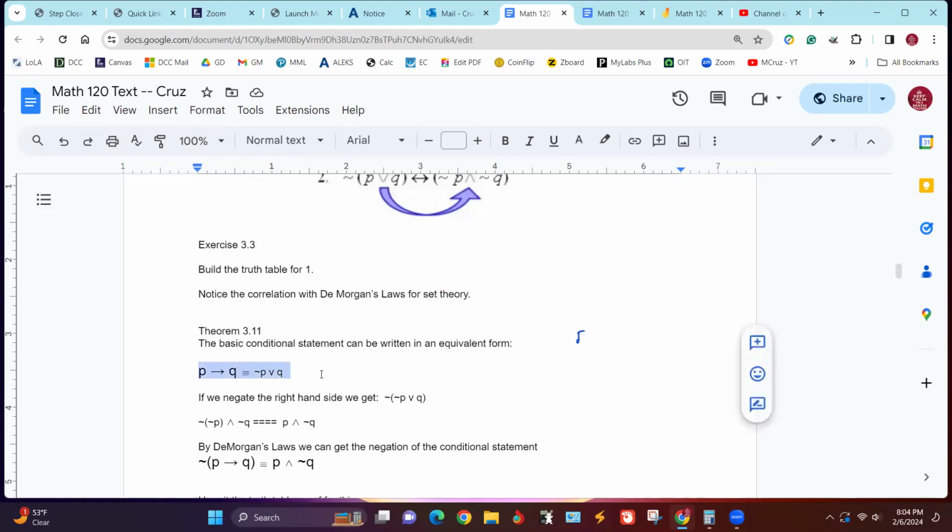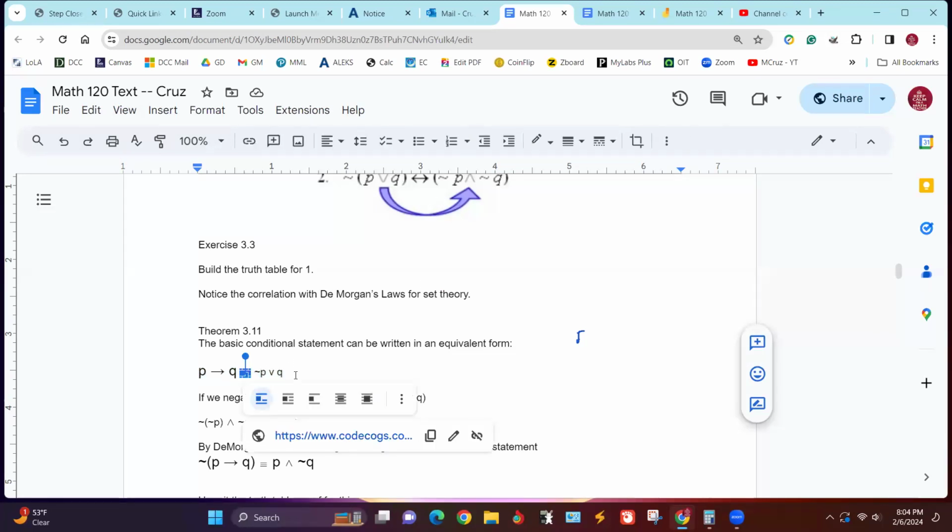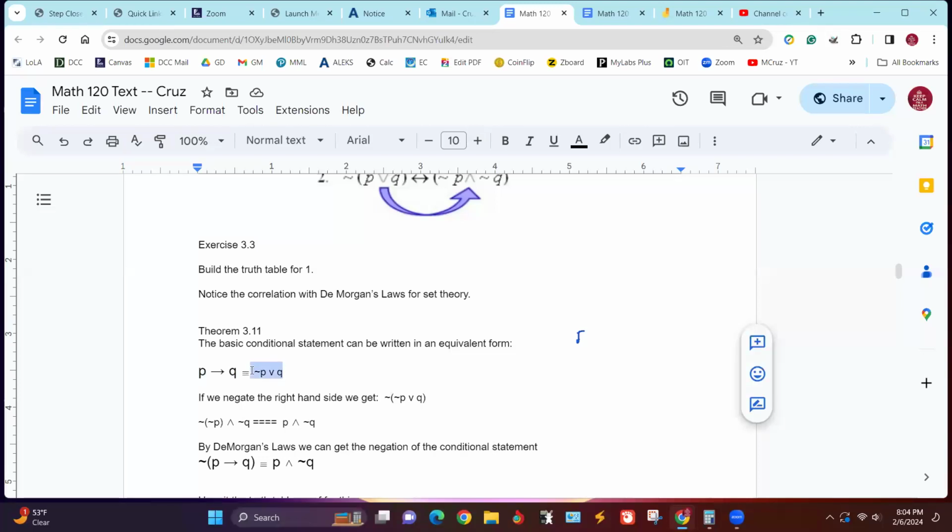So this right here is an equivalence: the conditional statement is equivalent to not P or Q. Using De Morgan's law, if we take the right-hand side and negate the whole thing, it negates the P, which is already negated, so it just makes it into a P. It changes the or to an and, and then the negation gets passed off to the Q, which just takes the negation sign because it doesn't have any sign on it. So then here's another equivalence. You will need those three.